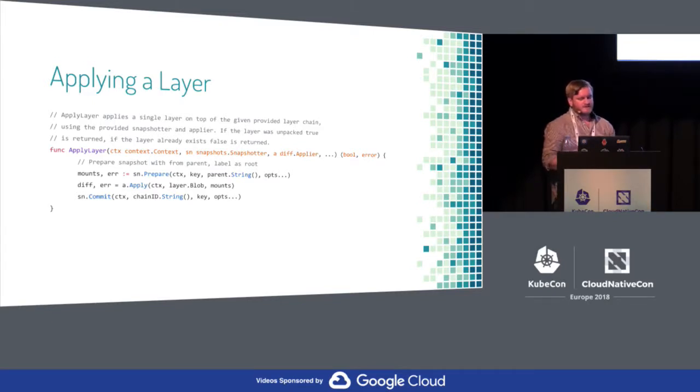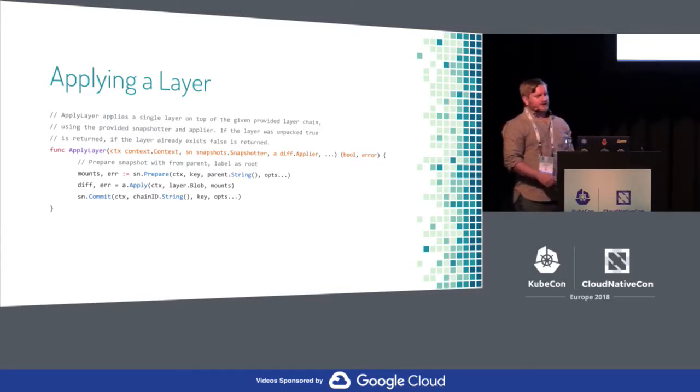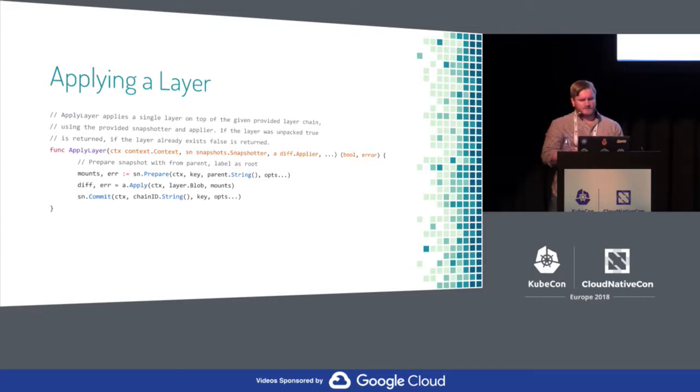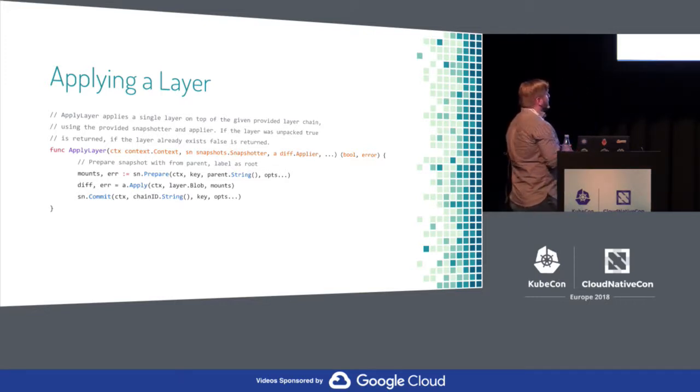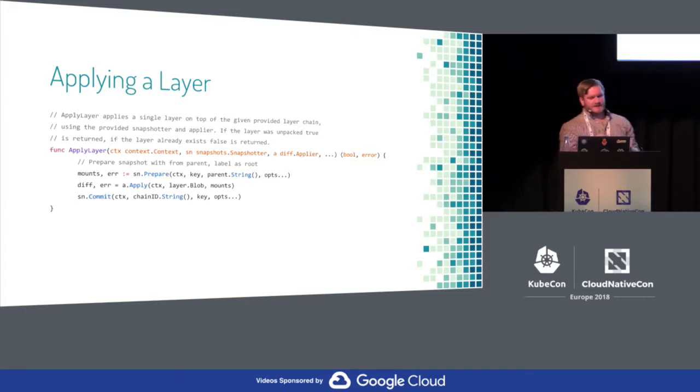Okay, so this is a really short code example that I took. It's a lot longer in the implementation because we have to handle errors and do other things with chain IDs and whatnot. Those are just implementation details. But here we see the interface in action, and it's quite simple. You prepare from a parent, and the parent is just a string, and it can start empty, and then you get these mounts set, and then you hand it into this thing called a diff.applier. What the diff.applier is doing is taking a layer blob, like a tar file, mounting everything, applying it, doing all the magical image format things, and then gives you back a diff